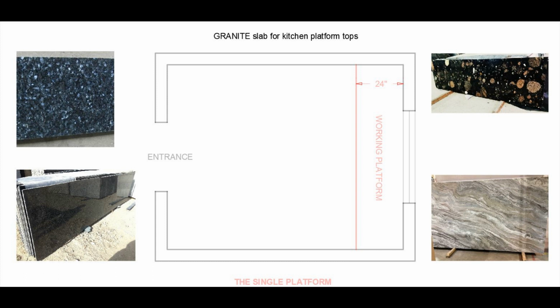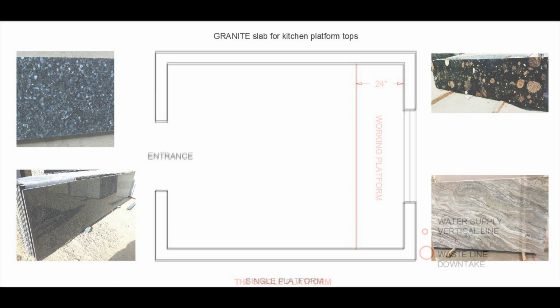The reason why granite is the most popular material for kitchen tops is because it's a very hard material. It's a natural stone and it is stain resistant, the dark color especially, and they are available in very long lengths, which will help you to keep minimum joints in the tops. And usually the slabs are available in the thicknesses of 15 to 20 mm.